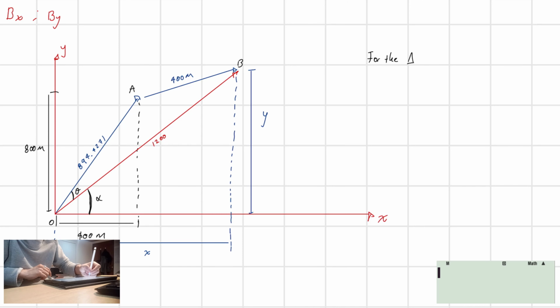So using the cosine law, I can say that 400 squared is equal to 894.4271 squared plus 1200 squared minus 2 times